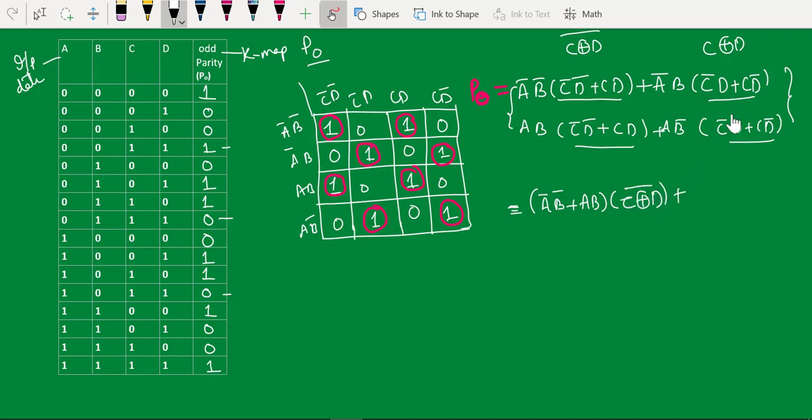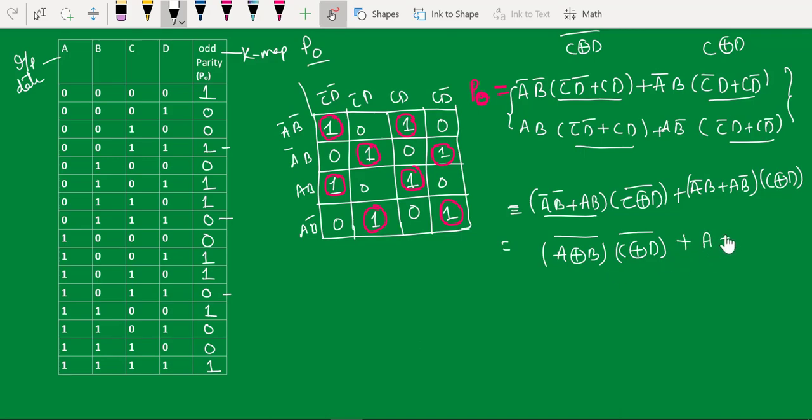In this case, if I replace C XOR D here and here, and take the common, I'm going to write A bar B plus AB bar times C exclusive D. If you look at here, this is A XOR B whole bar. That means I can write it as A XOR B whole bar into C XOR D whole bar